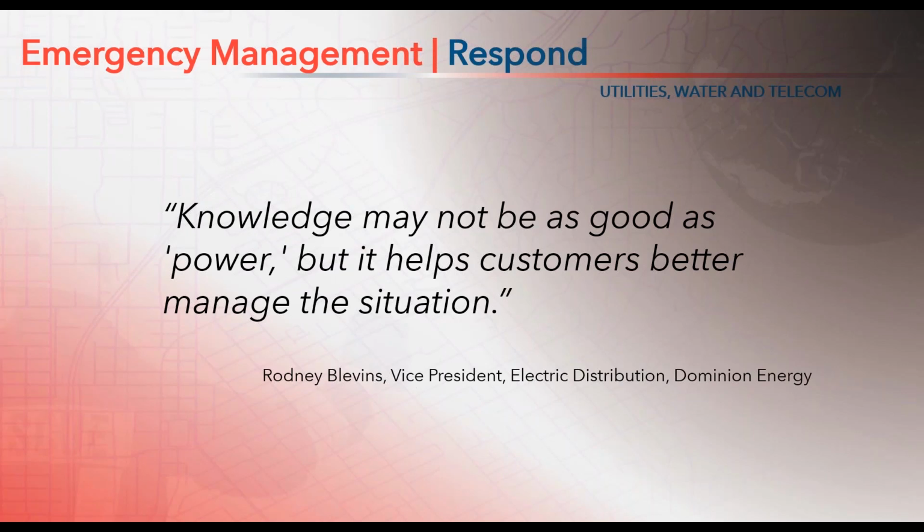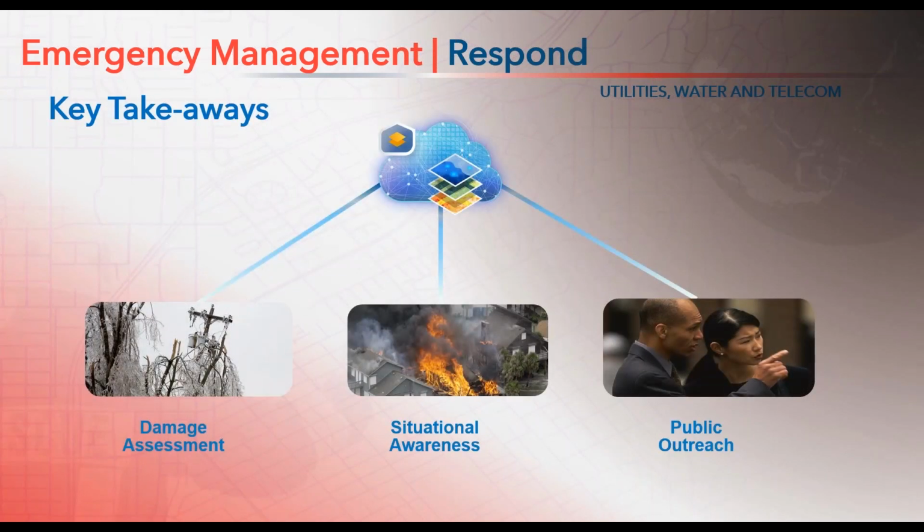So what are the key takeaways for the response stage of emergency management? Well, first of all, damage assessment. To help people like my old boss, Bob, you need solid data about damage. But if it takes too long, work can't be staged, staffing can't be determined, and maybe even lives will be lost. Second, situational awareness. Once you have a full picture of the damage, then you need to create a full understanding of what's going on right now.